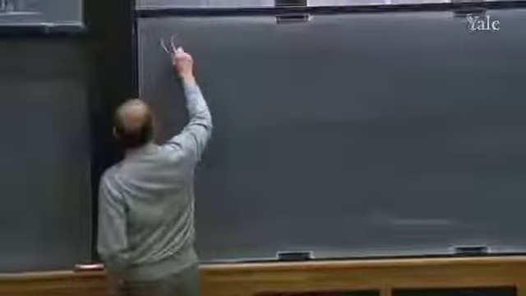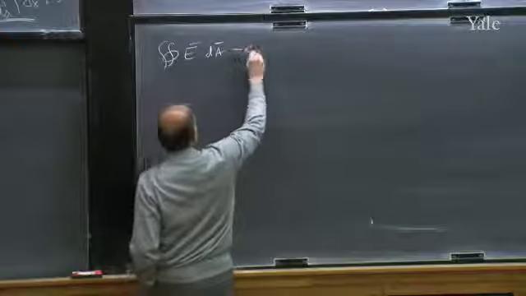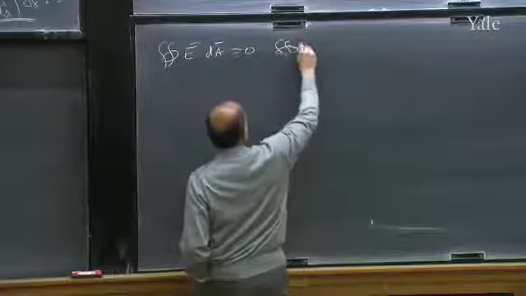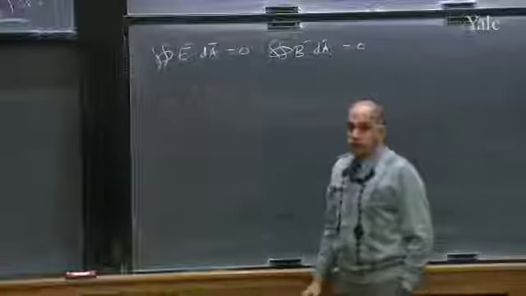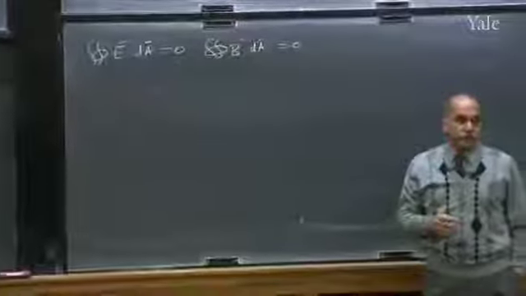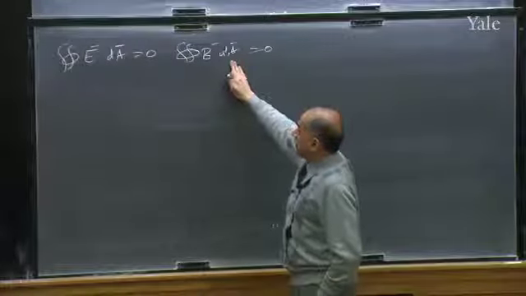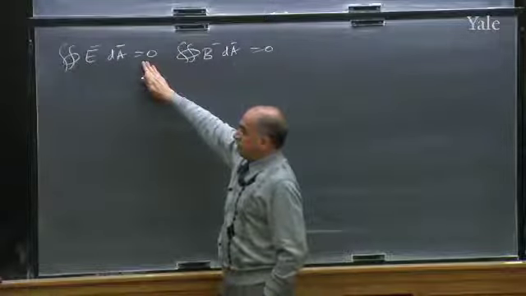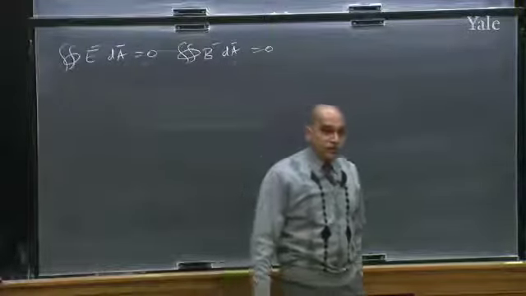So you want a surface integral of E on any surface to be 0, and the surface integral of B on any surface to be 0. Look at the surface integral first. You understand this is never going to be non-zero. This will be non-zero near matter, but we are far from any charges, so there is nothing to enclose in their volume. There are no charges there.